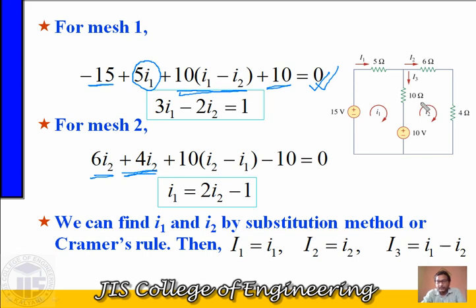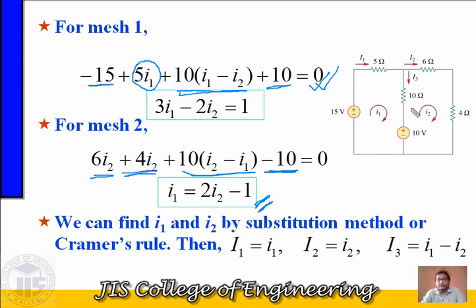Then this I2 mesh current goes to the negative terminal of the 10 volts, so minus 10, written over here. Then the I2 current goes in the down to upward direction through the 10 ohm resistance, and the I1 current also flows through it, up to downward. So the I2 current is down to up, the I1 current is up to down, and the main current is I2, so it will be 10 into I2 minus I1. Again we come back to our starting position, so that equals 0. So we get 2 equations.